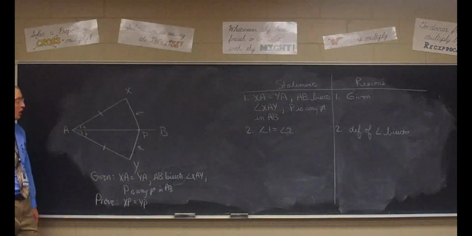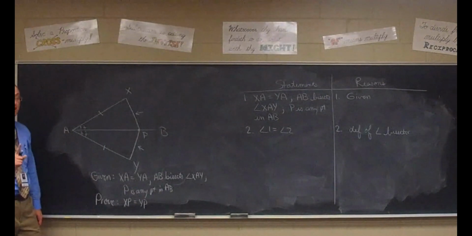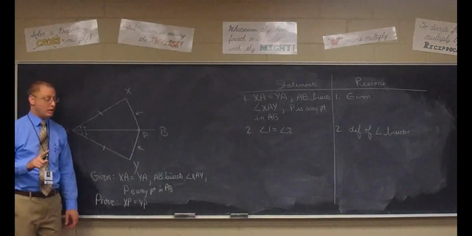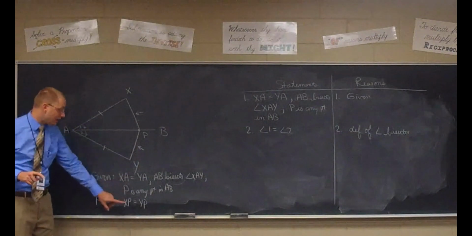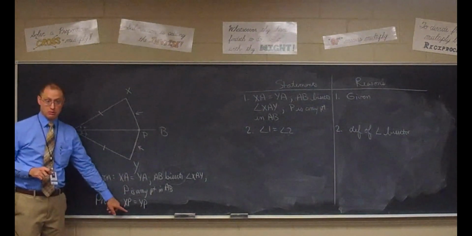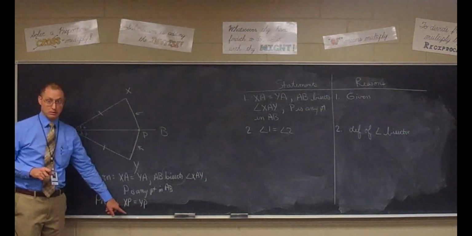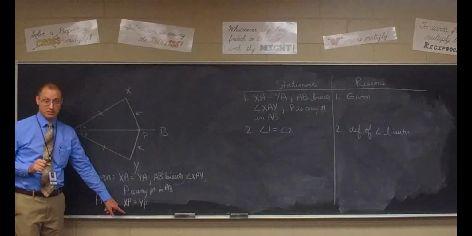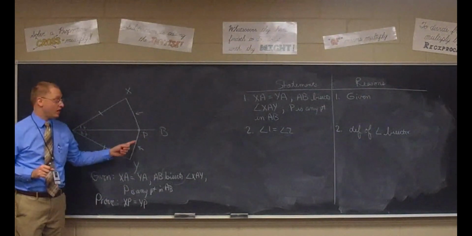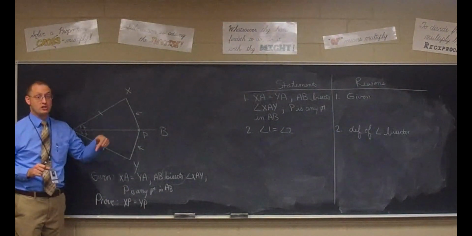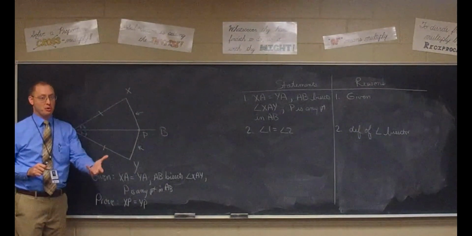But if I did prove that a couple of triangles were congruent, would that help me to get XP and YP equal? How? Because if two triangles are congruent, then their corresponding parts have to be equal by